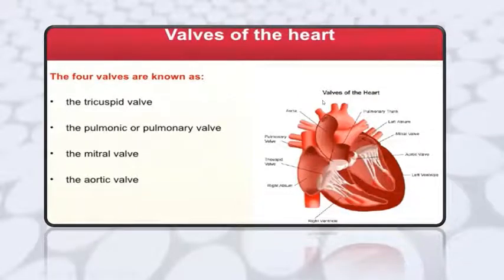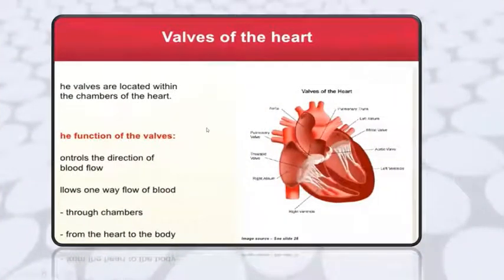And the mitral valve, or bicuspid valve, is between the left auricle and left ventricle. Here it is, the mitral valve. Okay. Now there is an aortic valve. The blood from the left ventricle enters into the aorta, and this is the aortic valve. So blood enters into this aorta through this valve. So these are the four types of valve present in the heart.